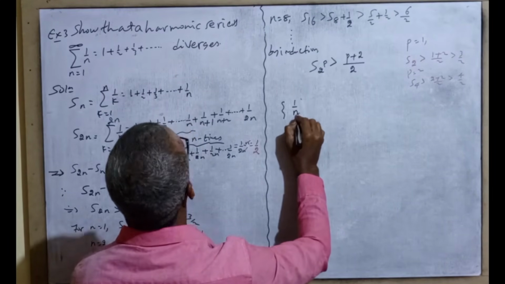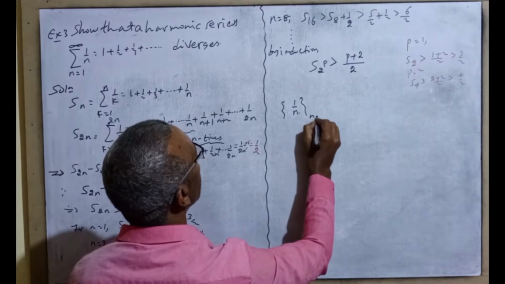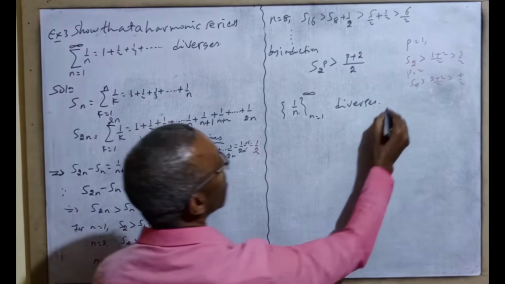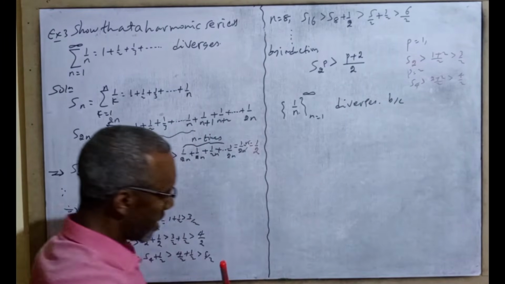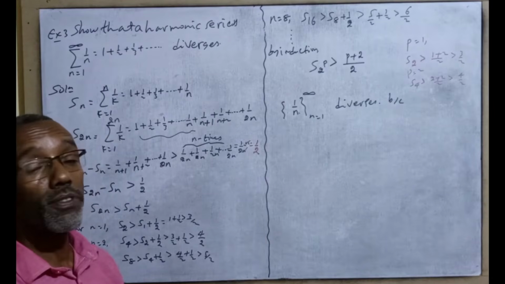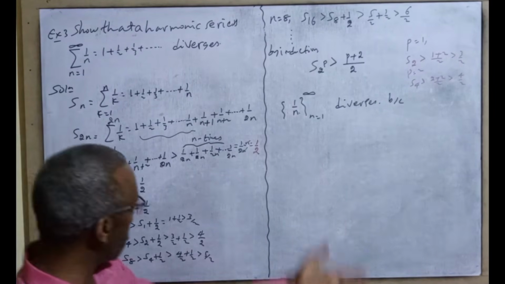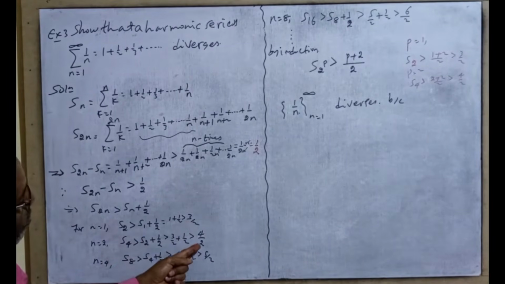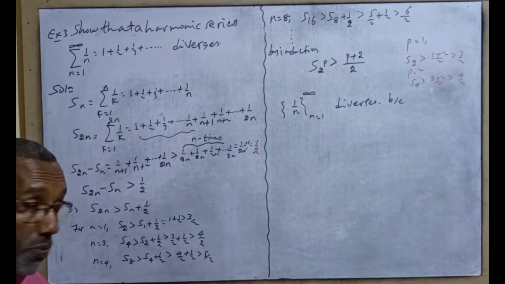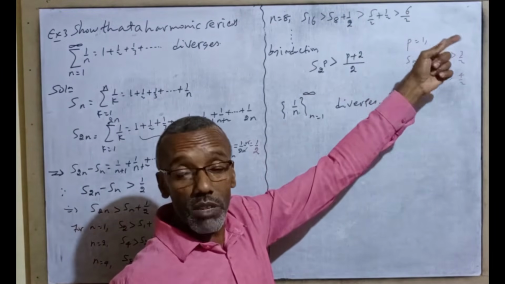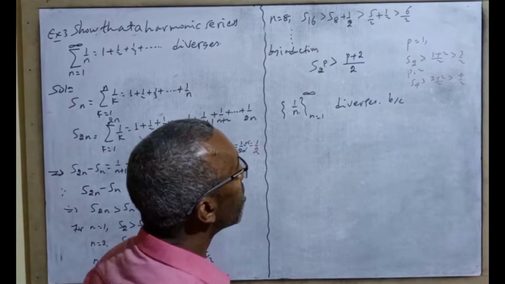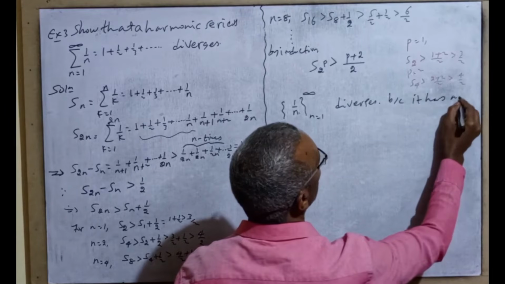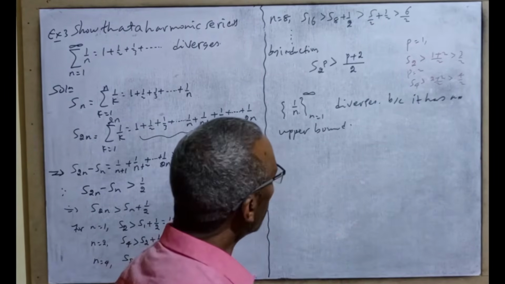The sequence 1 over n from 1 up to infinity diverges because this sum does not have an upper bound. It keeps increasing, as you can see. For example, 3 over 2 is 1.5, 4 over 2 is 2, 5 over 2 is 2.5, 6 over 2 is 3, and it keeps increasing like this. Because this sequence has no upper bound,